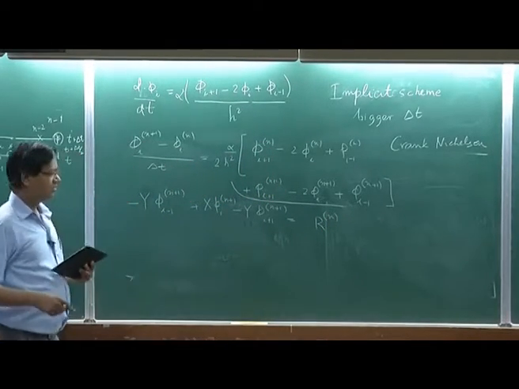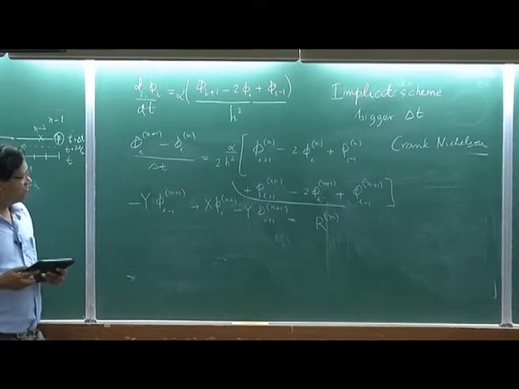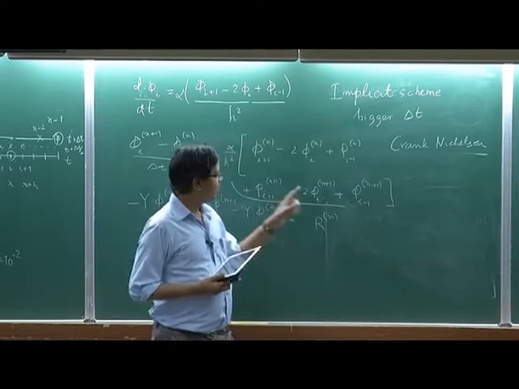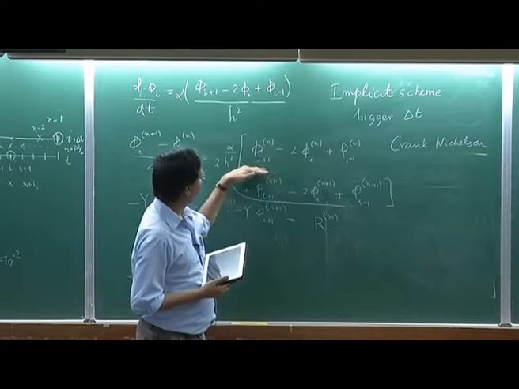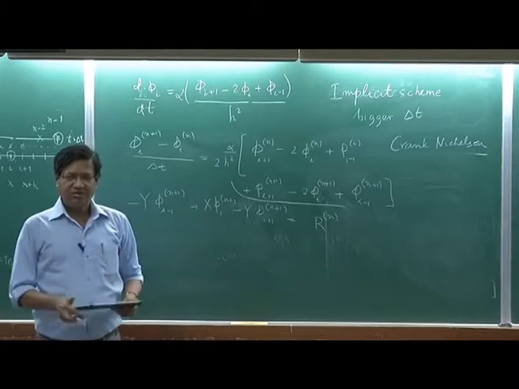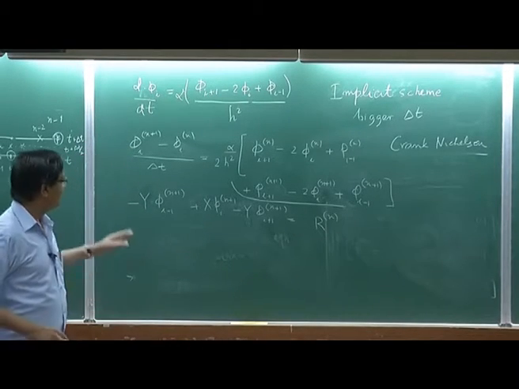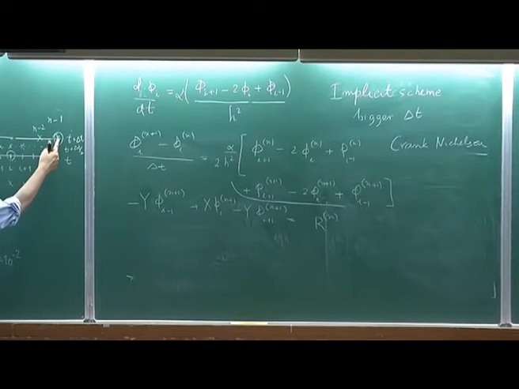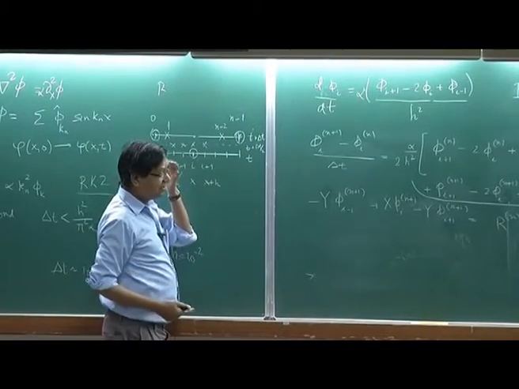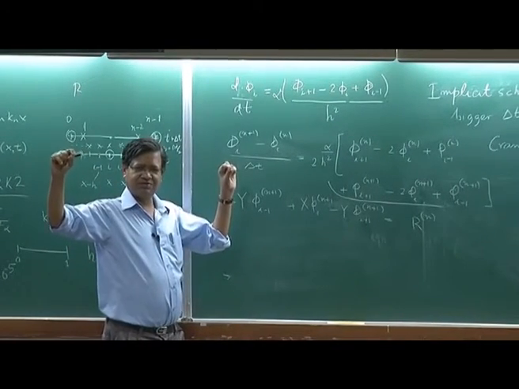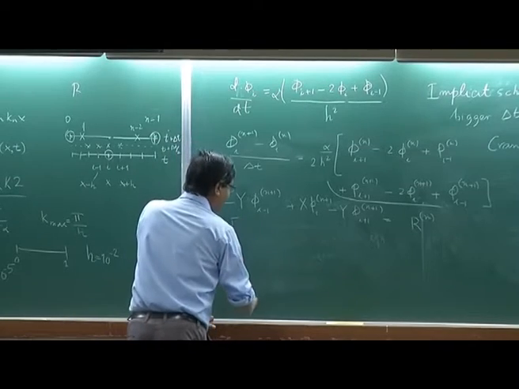Okay, I will give you the notes where it is all calculated. So, the right hand side will be a function only of phi n. All the phi n terms will be on the right hand side. Now, we can write this as a matrix, right, because, so how many unknowns are there? I have n unknowns, but of course, you can take the boundary out if they are known. So, you can write this as a matrix. Let us assume that both the ends are zeros. Then my vector will be,